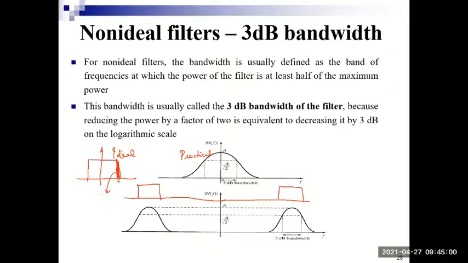What is the name given to this transition? Anybody? Cutoff frequency. Roll off. We call it the roll off rate for a filter. The roll off is the ratio of change in gain with change in frequency, delta A by delta F, or delta A divided